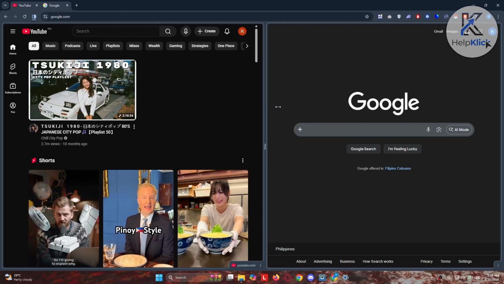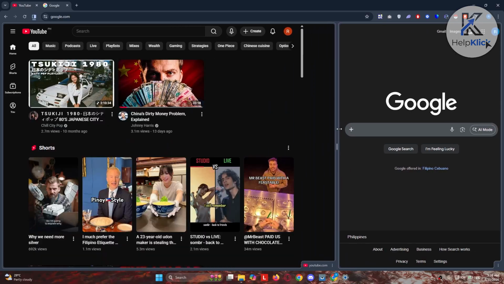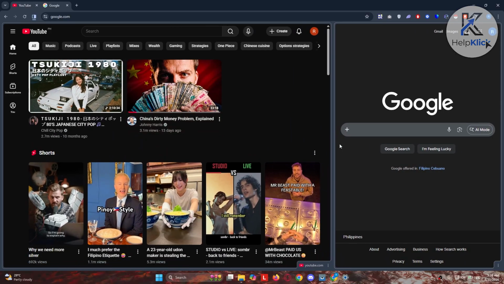Now, the great thing about this one, you could also change how big one website is going to be. So you can work on two websites at the same time with just one tab here, which is a really cool thing. Now, at the bottom right of each tab, you should also have the option that says separate views,